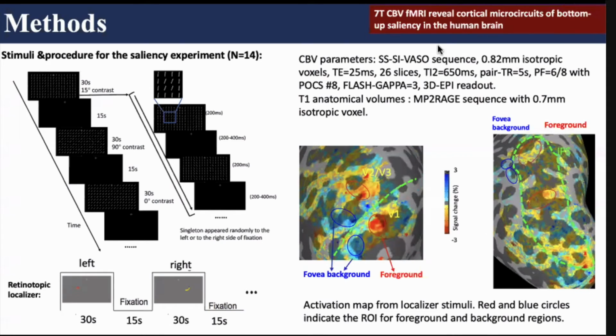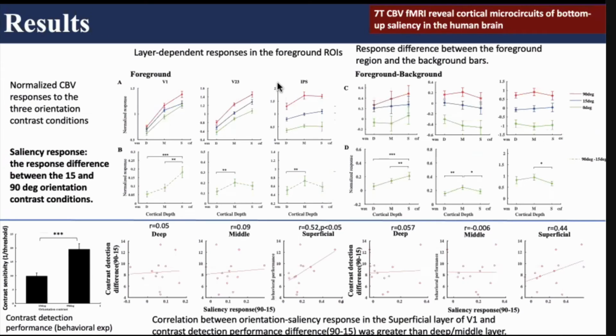So the sequence parameters were mostly from the literature. And the T1 anatomical volume was acquired with an MP2RAGE sequence, and this is the activation map from the localizer stimuli, and the red and blue circles indicate the ROIs for the foreground and the background regions, and then